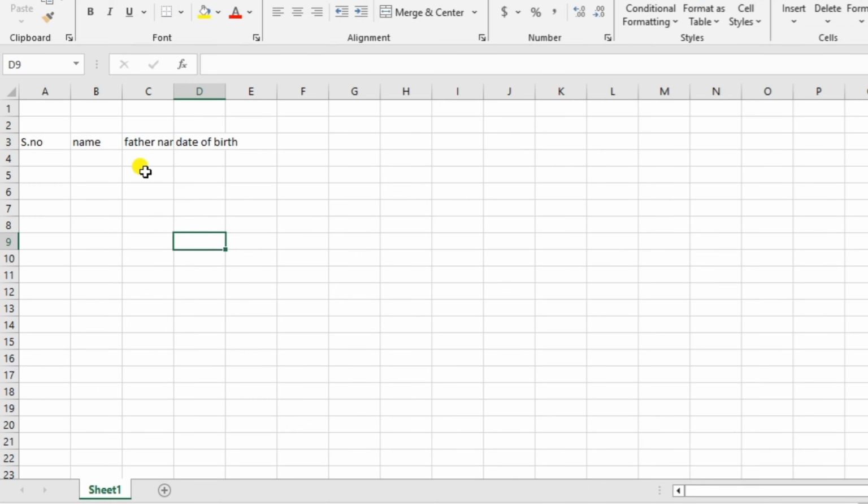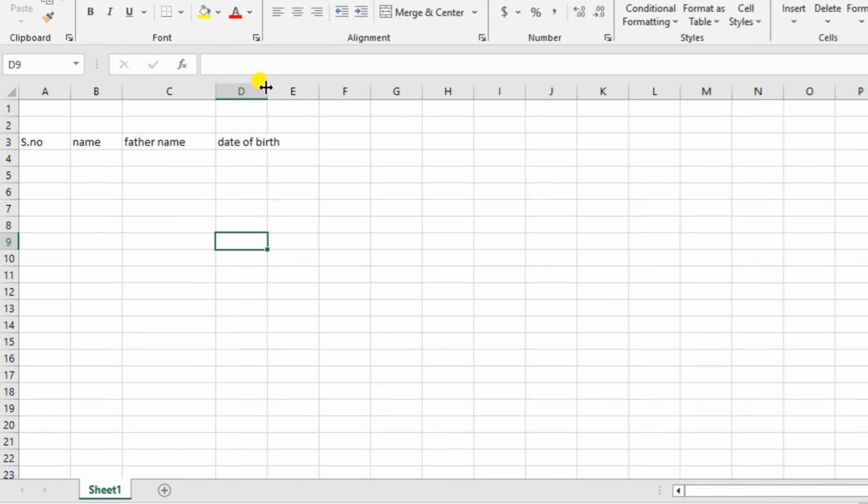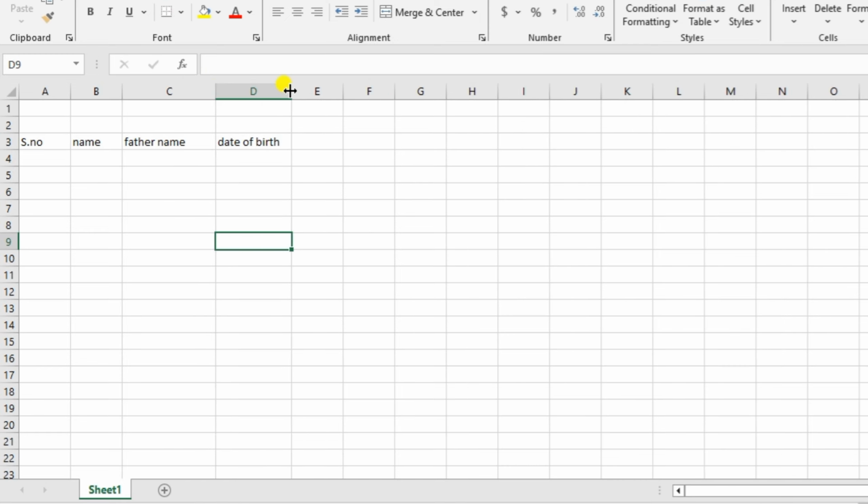Here we can see that the father name and date of birth go to the other cell. So we can adjust the cell like this. This is the first method. The other method is